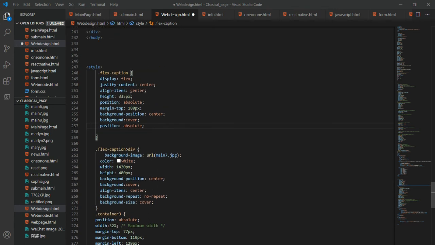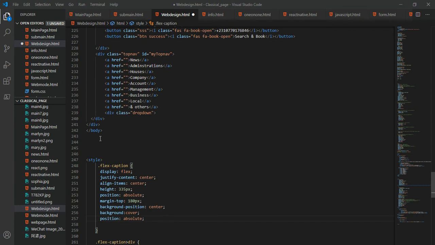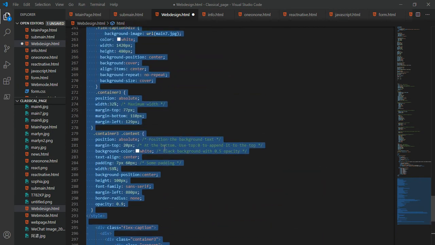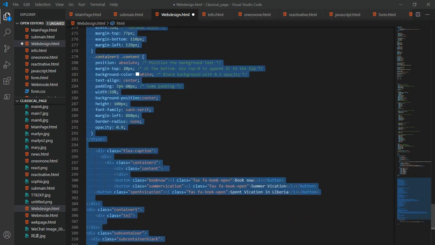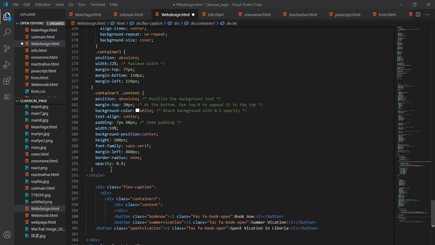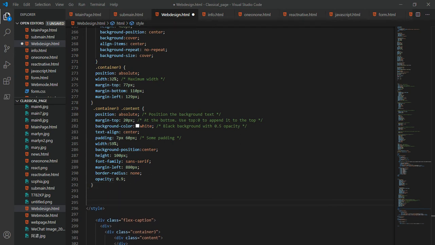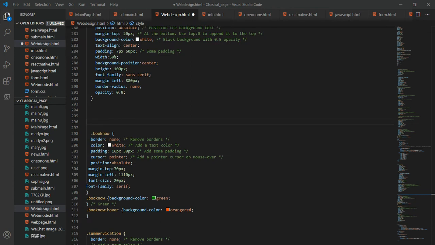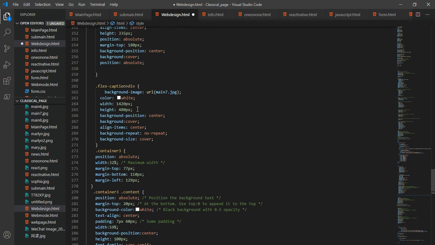So now I just want you to see the codes for this session. Remember, this session here is another part, and this session is another part. At first we got flex container, and now we got flex caption. So this session is another part, and we are still writing the CSS for it. Now let's continue with the CSS for this session to see how it actually works. Okay, I just included another part of the CSS that supports these sections of the flex caption, which is